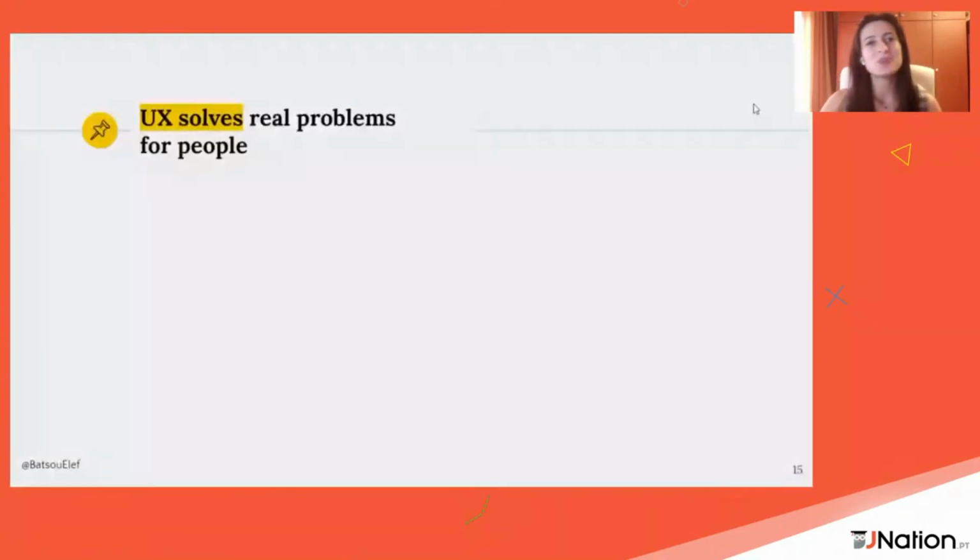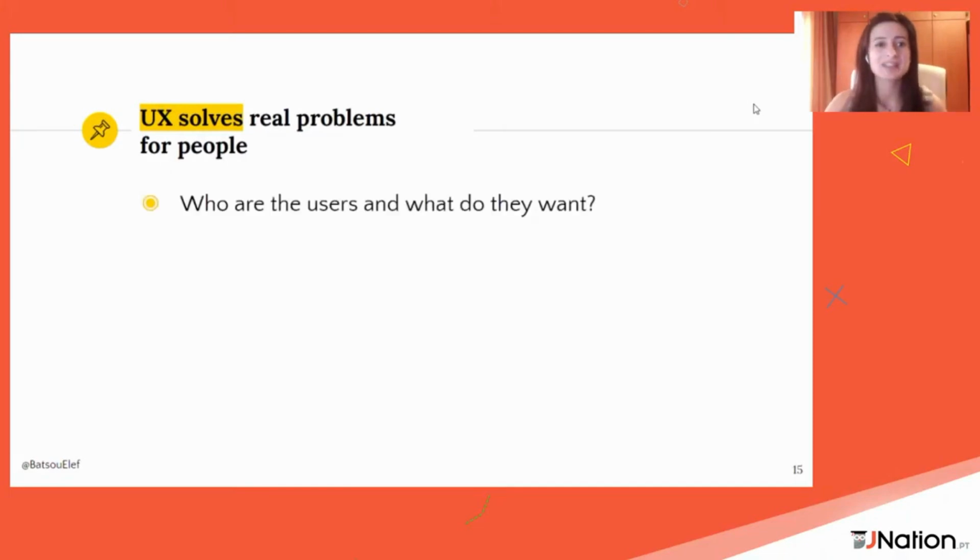Okay, now let's go back to our original question. What does a UX designer do? A UX designer solves real problems for real people, and he is working towards the satisfaction and usefulness of a product. He's never alone. He always has other people with him, so he will have marketeers, other designers, developers, and of course, users. And when he has all of these people, he will start asking questions such as, who are the users and what do they